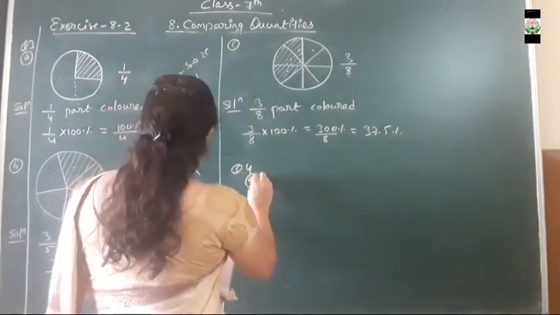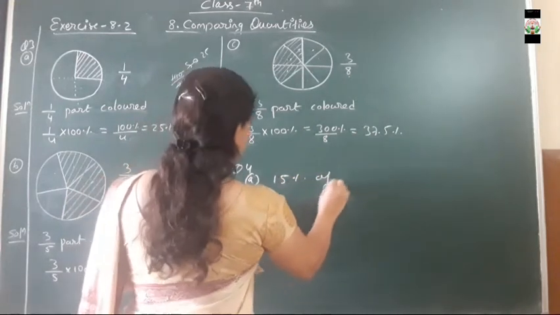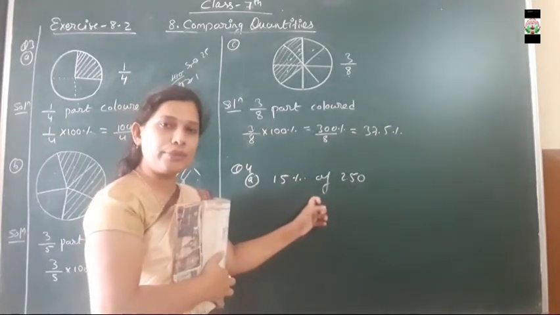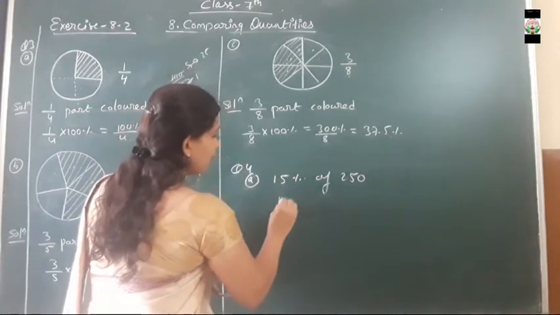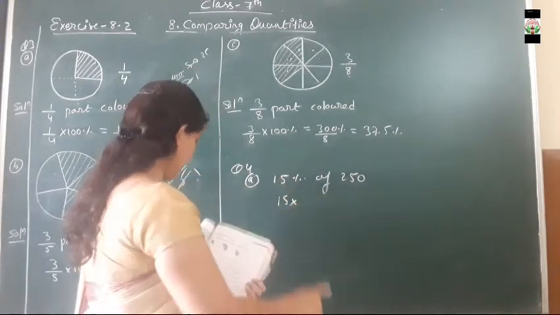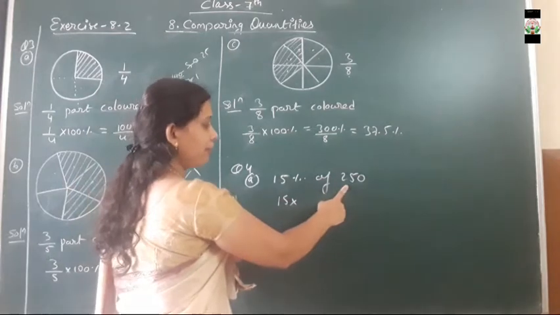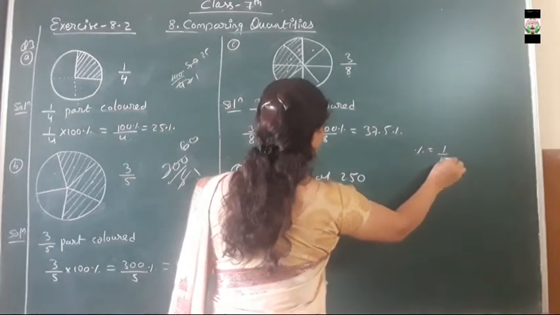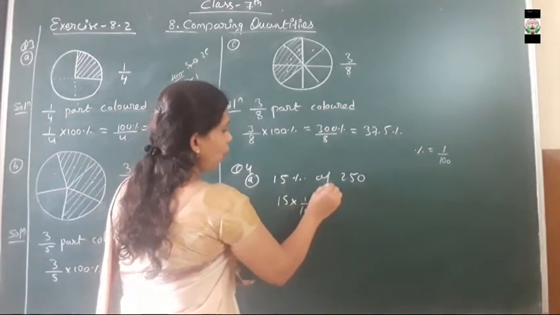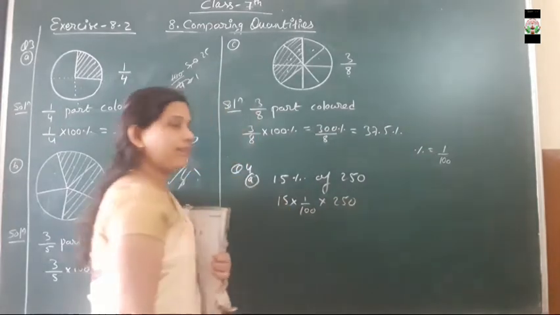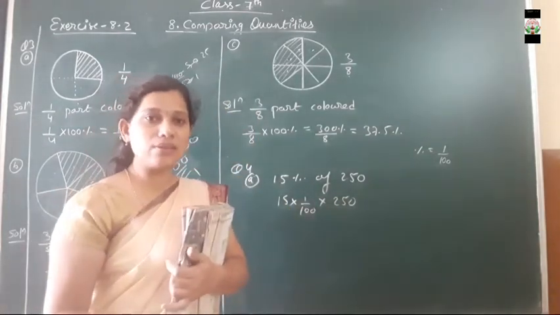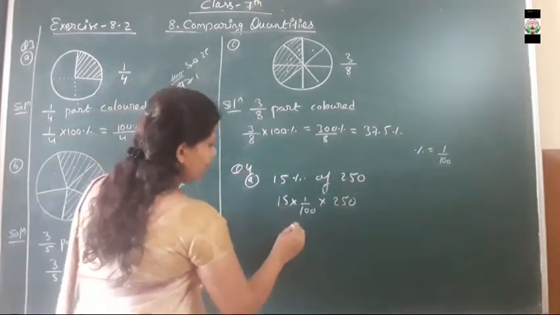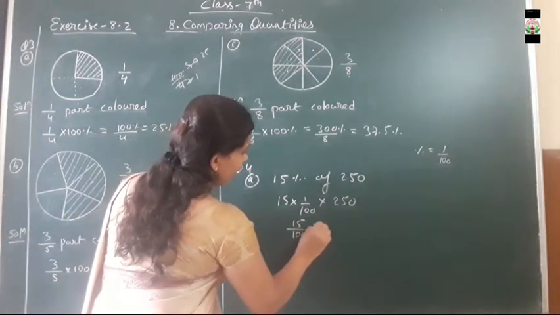Here in this question it is said, find 12% of, what is question number 4, A part? It says 12% of 250. So dear student, here we have to find 12% of 250, and of means multiplication, isn't it? So 12% of 250. This percent can be written as 1 upon 100. So 12 into 1 upon 100, of means into 250. As we know that of means multiplication only, so instead of writing of we have written a multiplication sign over there.